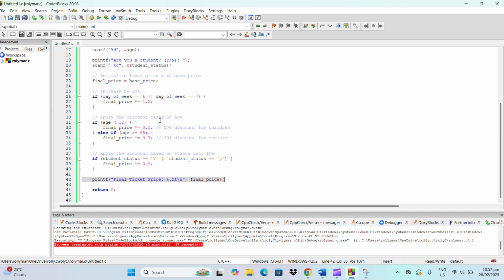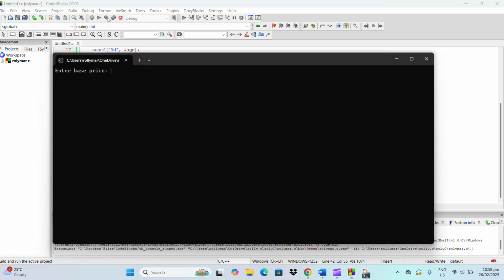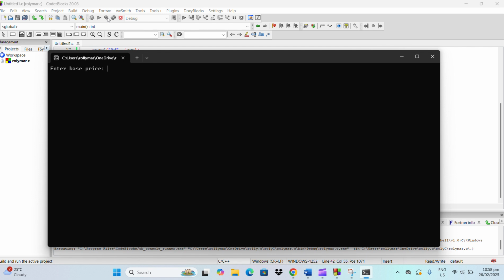So let's try to run this code, guys, so that we can determine if there is an error or a part of our program that we need to improve so that it can satisfy the problem given. So let's try. For example, the base price is 100.